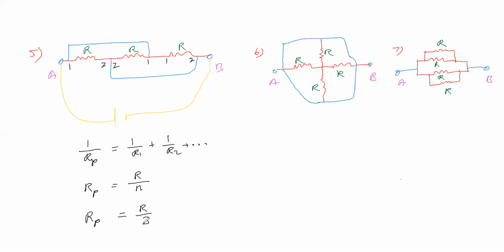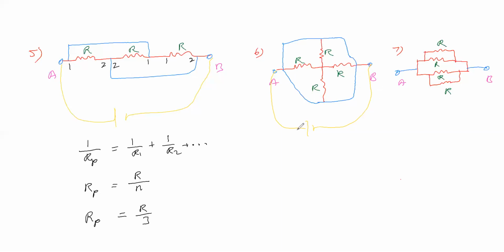Now let us go to the sixth problem, problem number 6. In problem number 6 we have to find the effective resistance between A and B. Now we have to consider that A and B are connected to the battery. Let us assume this A and B are connected to the battery, like that we have to assume. As we connected this A and B to the battery, see here a wire is there. Now this wire is short circuited.